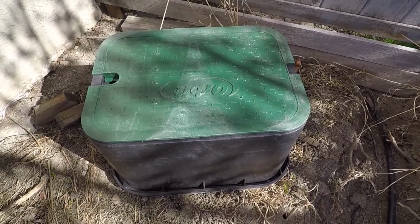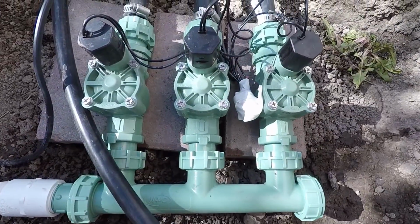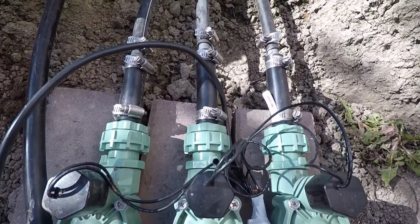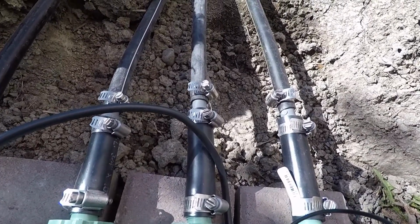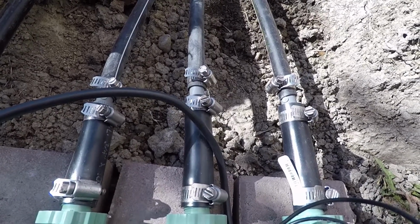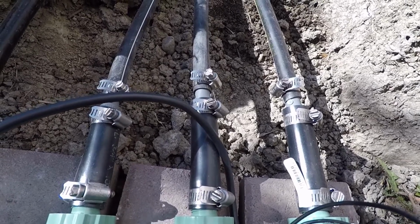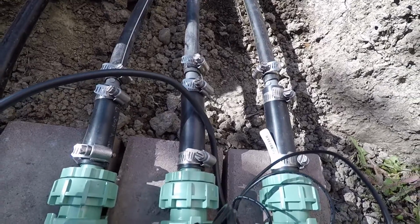I'm also using this Orbit irrigation box. The valve system fits quite nicely inside there. I do have to do a little cutout to get the water to come in the proper location. I'm running 1/2-inch lines, so I did have to build these reducers. I'm running 4 sprinklers on my lawn on each line. It works really well. It also came with these adapters at the bottom for the 3/4-inch lines, so those came